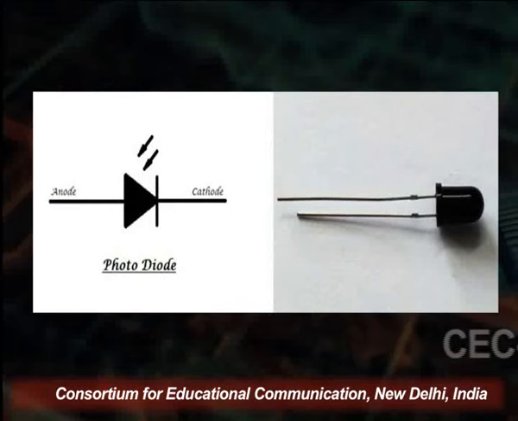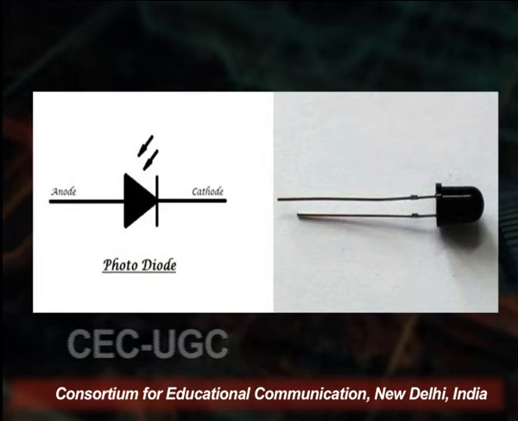So by using the photodiode, we can get the reverse leakage current. That's why it works in reverse biasing. This is one type of diode, on the left-hand side. This is the symbol of the diode. You see the arrow is inside the